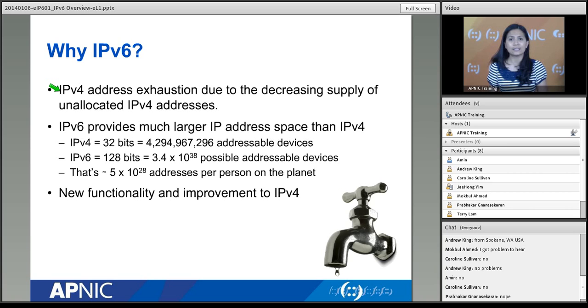We have one for North America and Canada, which is ARIN. You have LACNIC for Latin America and the Caribbean. You have RIPE NCC for Europe and the Middle East. You have AFRINIC for the African region. And of course, in our region, Asia Pacific, we have APNIC. So they distribute that to all these 5 RIRs. At that point, they gave out the last 5 /8 blocks to the 5 RIRs. And so now, with IANA, we no longer have any IPv4 addresses.